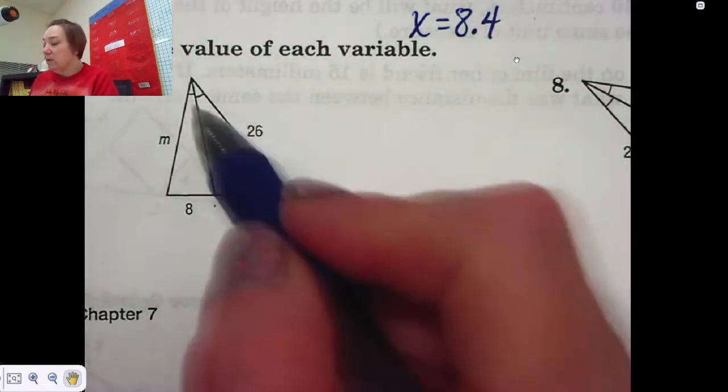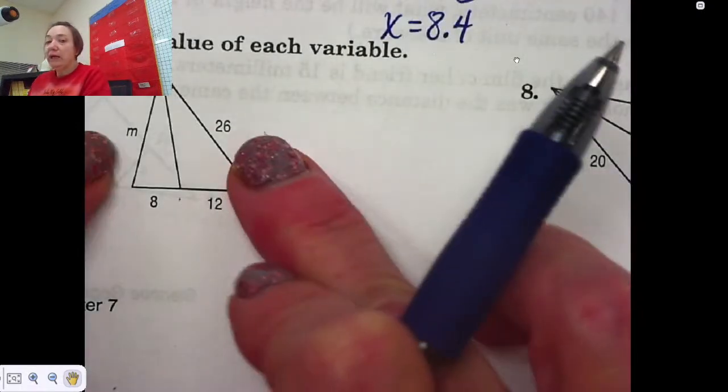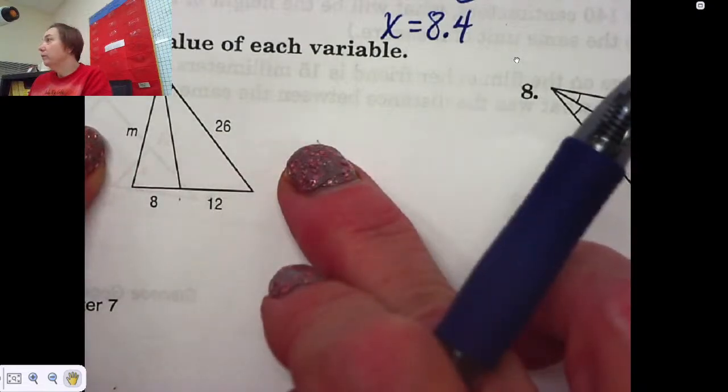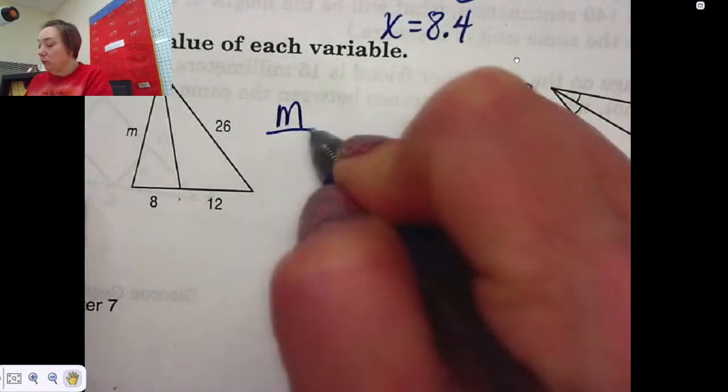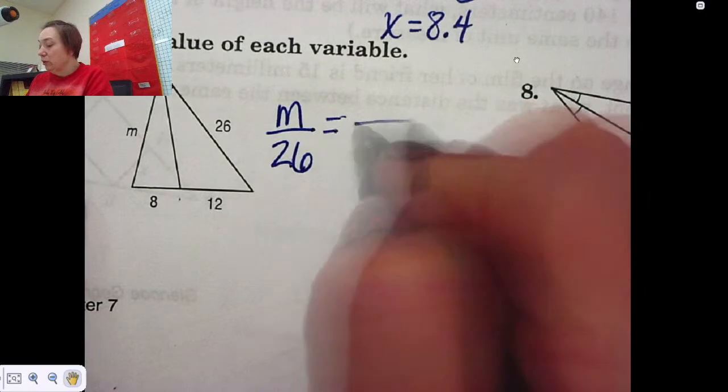They divide the opposite side into parts that are proportional with the other two sides of the triangle. So we can actually set this up as a ratio where we have m over 26 is equal to,